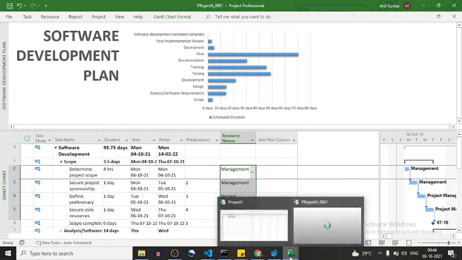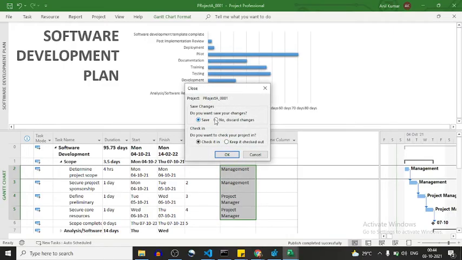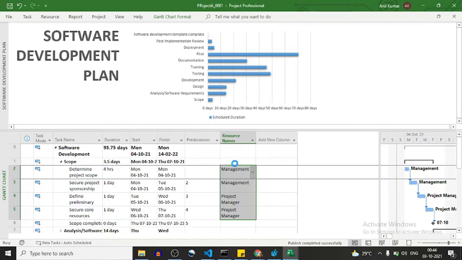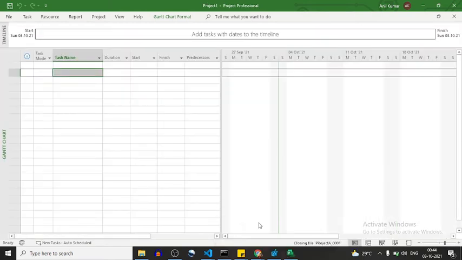Now what we have to do, we have to create a, I will just check it in. This is best practice. Whenever you are going to create a project, you have to check in the project. Okay, now I will create a template.